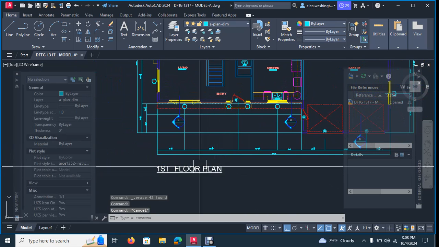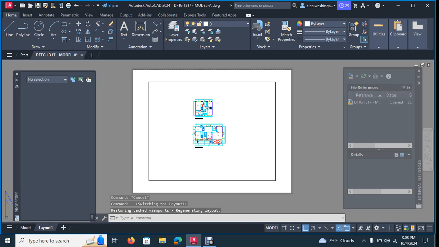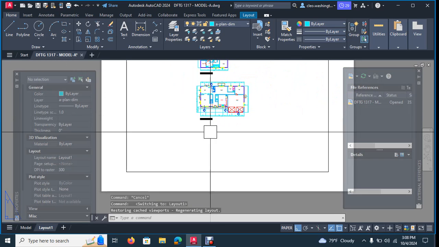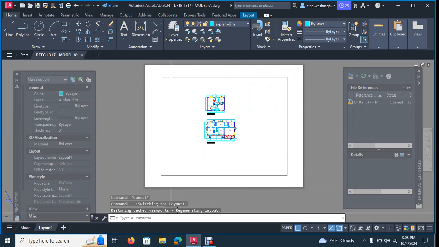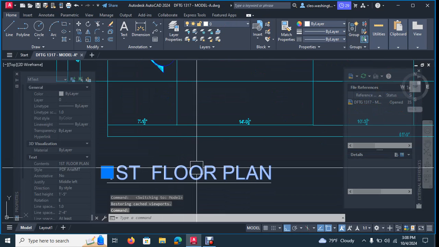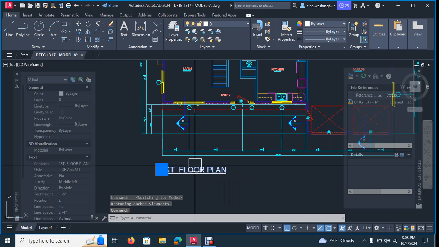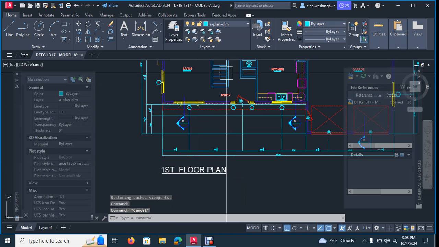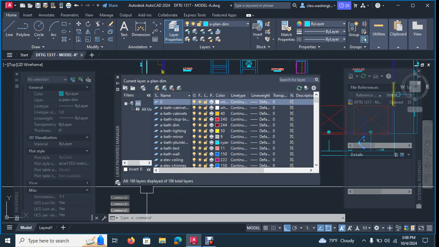Okay, because when you set this up on sheets, we'll have titles that'll go in the sheet file. And the reason why I say put it on layer 0 is because typically layer 0 is what's known as a non-print layer. So if you go to the layer properties manager here, and you, let's say, go all the way up to layer 0,